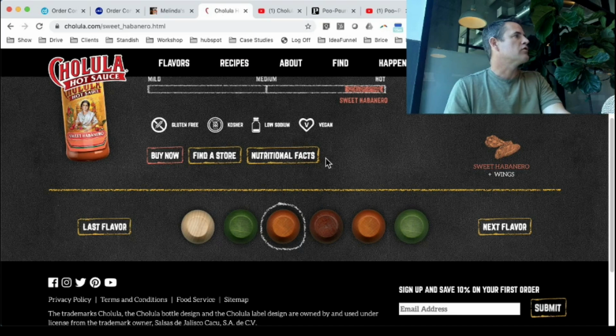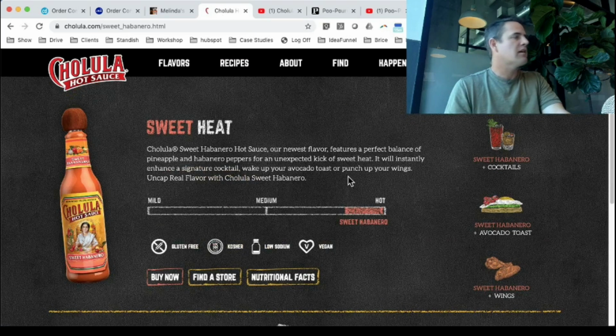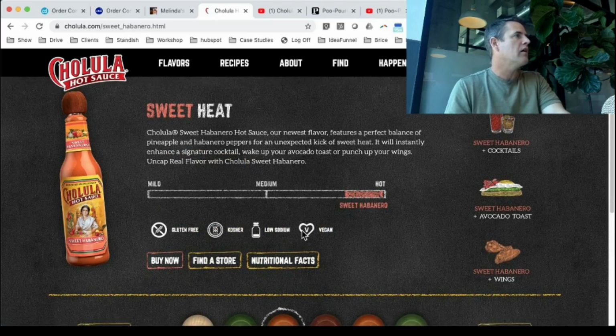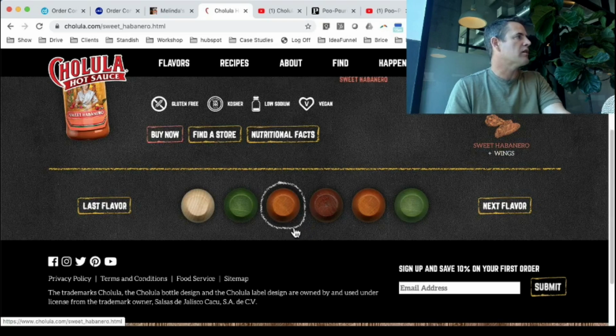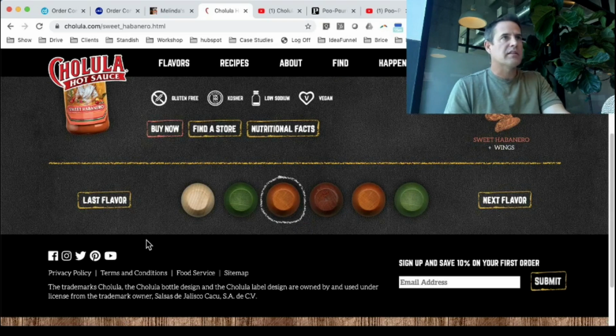When you go over to Cholula, it's not too different, definitely focusing you in on the product and the flavor profile. There's not really a shopping feature here until you go somewhere else, but the biggest issue here that I see is these big high contrast social media icons here in the footer. And you'll find this a lot of times on an e-commerce site as well, right next to the product or